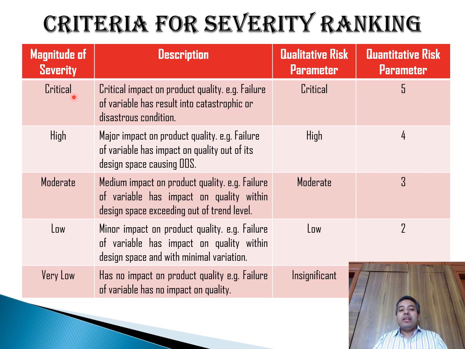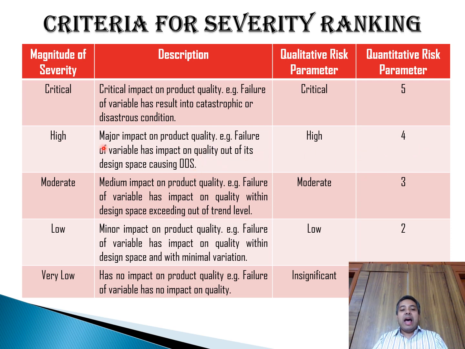For critical impact on the quality of product, the risk score shall be given as 5. After this level, if the identified risk has major impact on product quality, for example, failure of a variable has impact on quality out of its design space causing OOS, out of specification, then the risk scoring shall be given